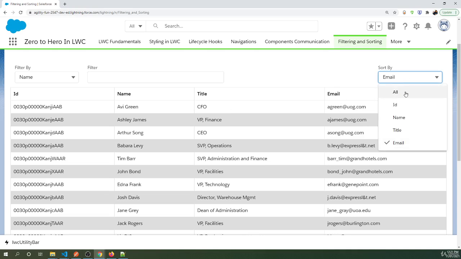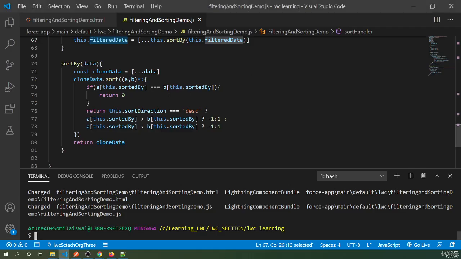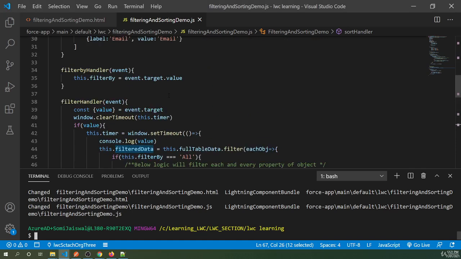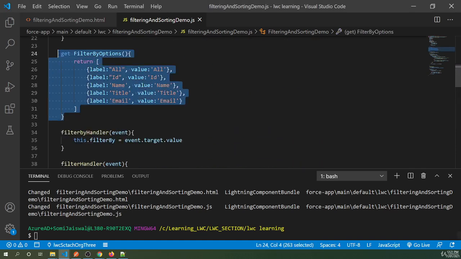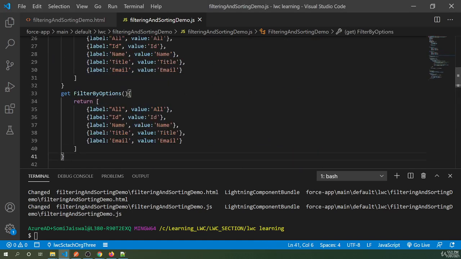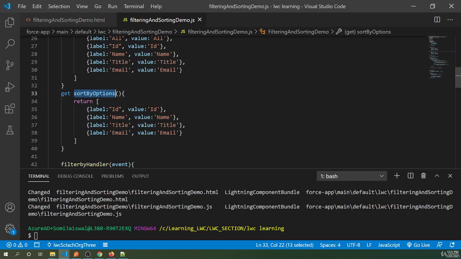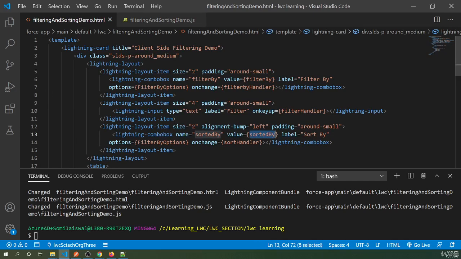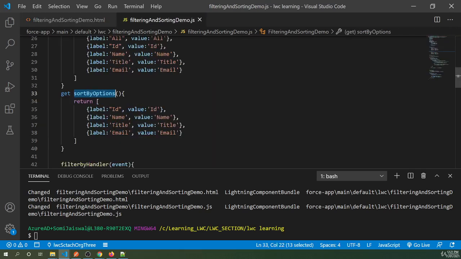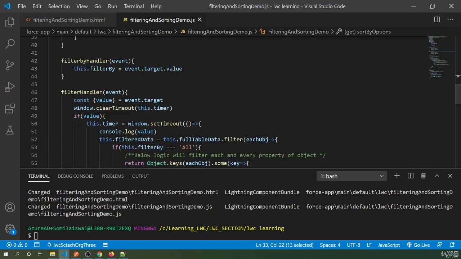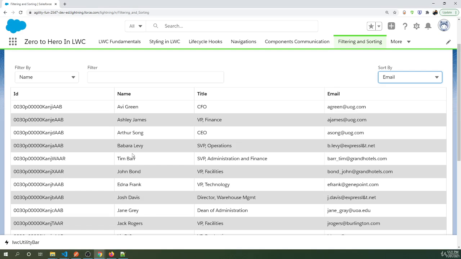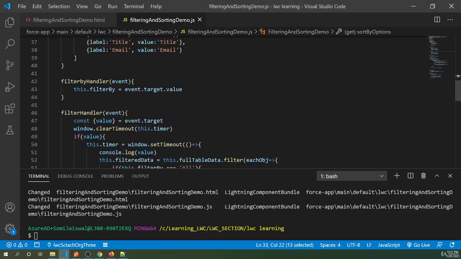And here we don't need all. Let's update that as well. For that, what we can do, just copy this again and we'll say sortByOption. We'll remove the all, go to our HTML and change the option from filterByOption to sortByOption. That will work out. And if you want your data to be sorted on the load itself, so what we can do is we'll call this